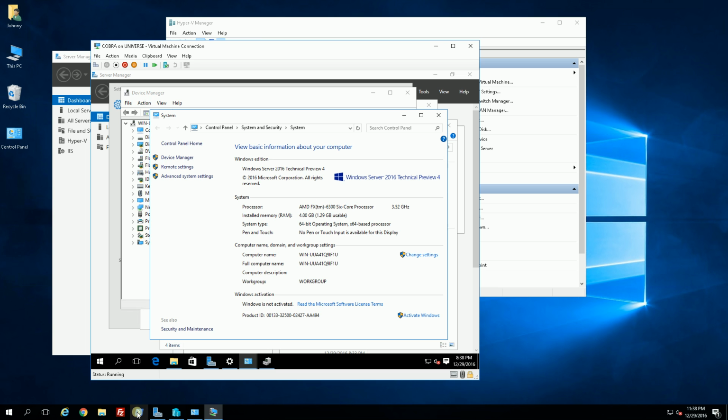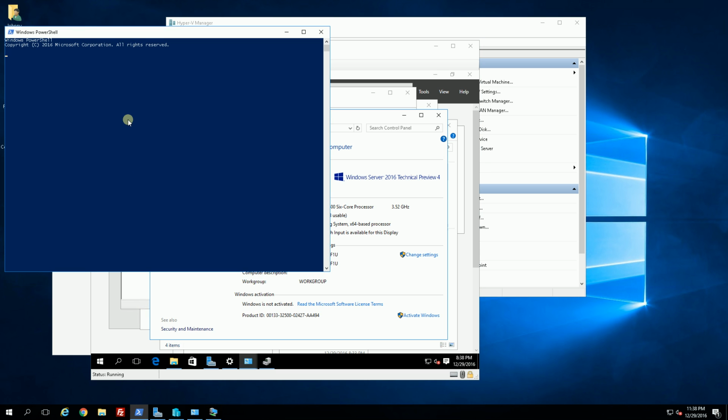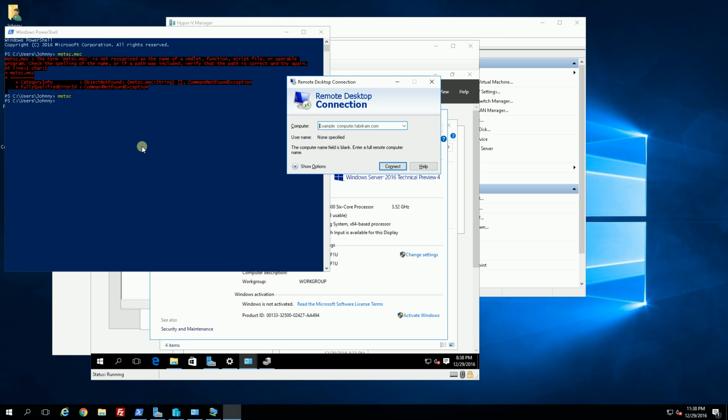Now this is my host machine. I'm going to open up the terminal services client. And actually that is the wrong one. Microsoft Terminal Services Client. Open that up. And if I type in the IP address, 192.168.88.150,